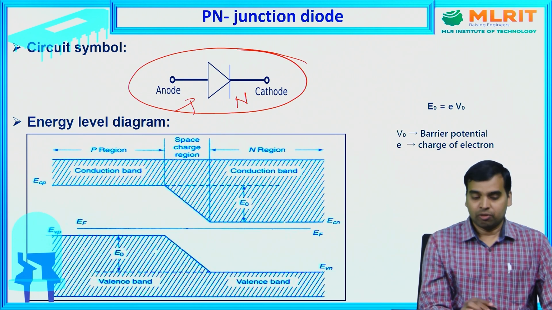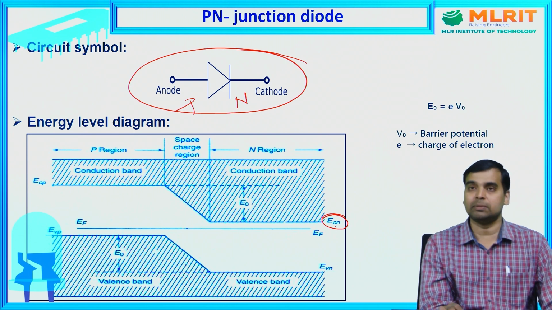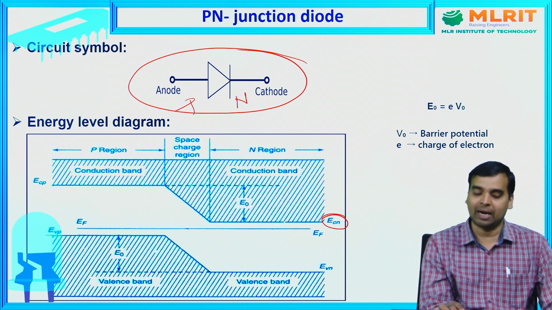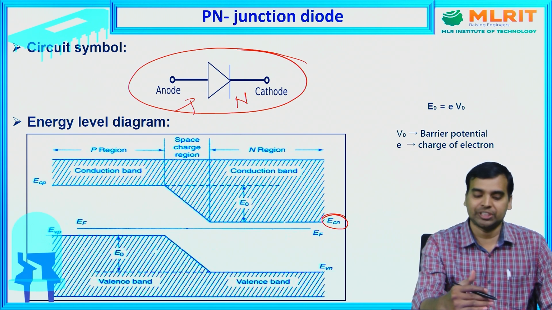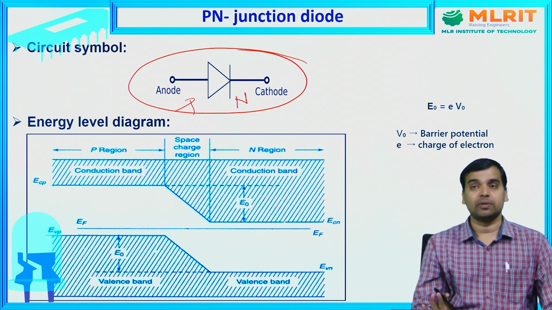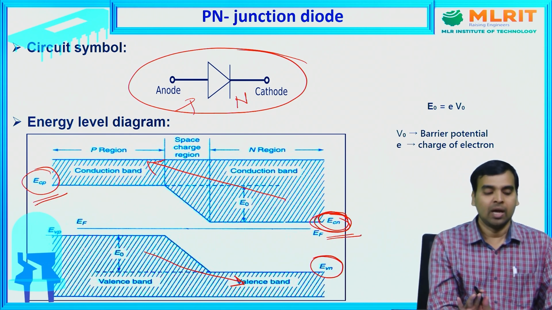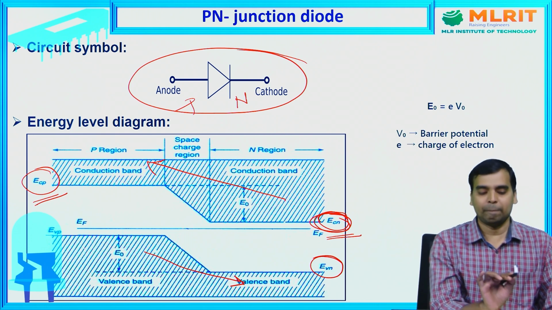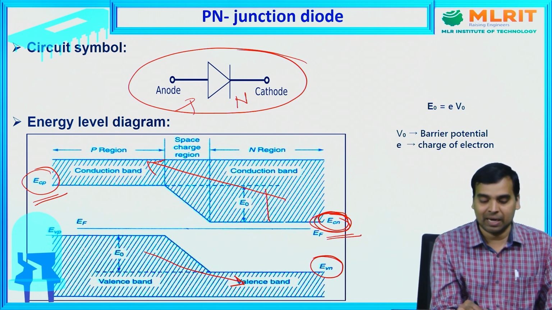Now whenever we combine p-type and n-type semiconductors, ECN, the lower energy level of the conduction band in the n-type semiconductor, is going to be shifted down. Whenever a p-n junction layer is formed, we all know that due to the diffusion process, charge carriers are going to be lost. So after the formation of the p-n junction diode, in between ECP and ECN, there exists some energy difference.